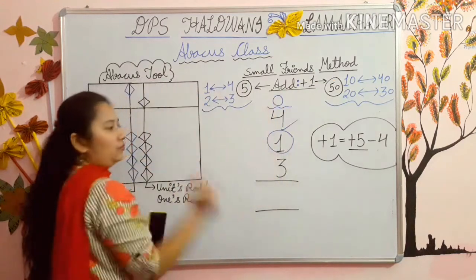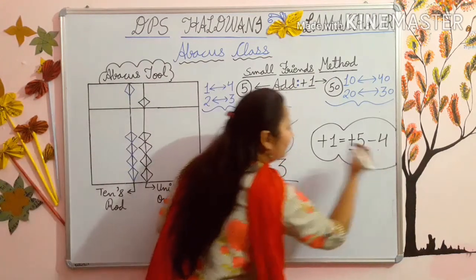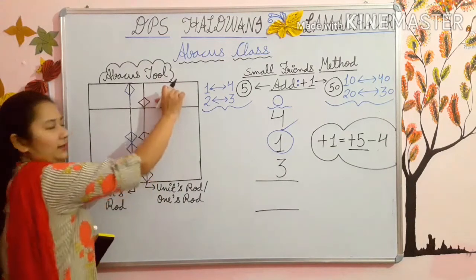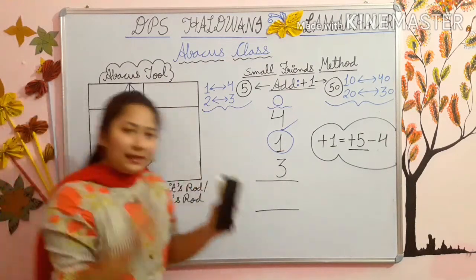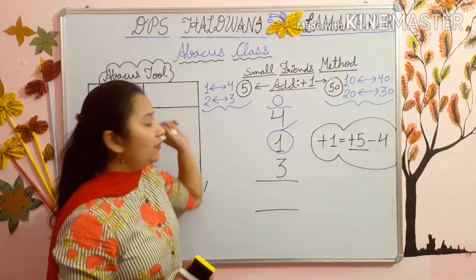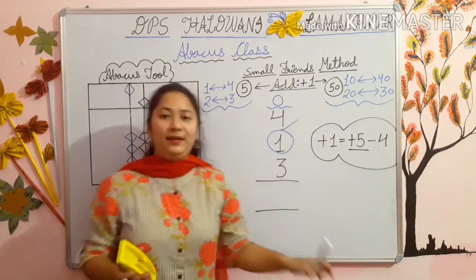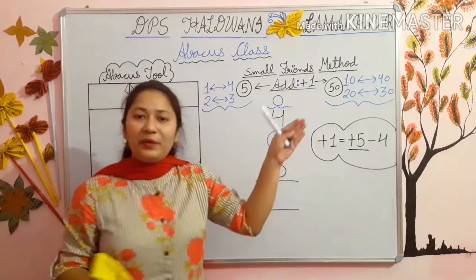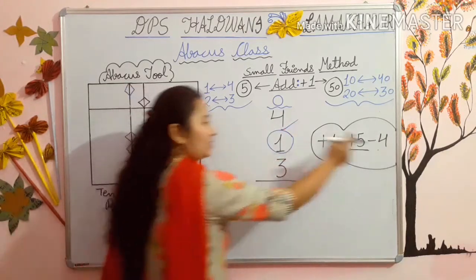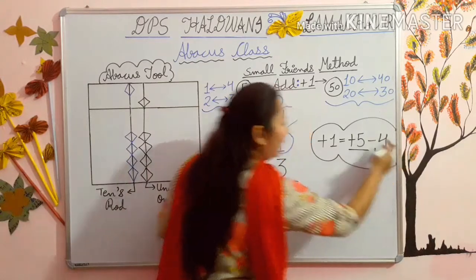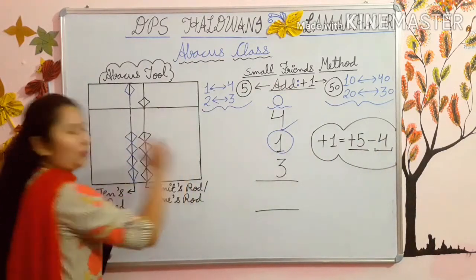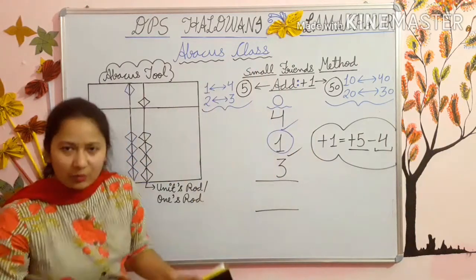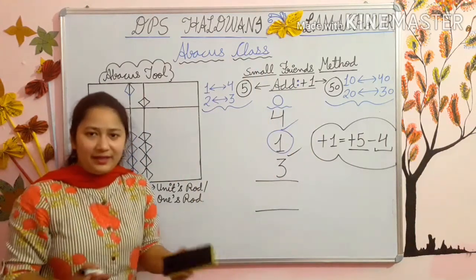Add. So first of all you have to add 5. Add 5 means plus 5. Plus 5 you have done, 5 down. Then secondly what you have to do? You have to subtract the friend. Yes, 1 ऐड करने के लिए आपको friend को subtract करना होगा. तो 1's friend is 4, so you will subtract 4. तो 4 आपने डाउन कर दिया and your 1 is added. Nothing you have to do. फिर आपको कुछ नहीं करना है.